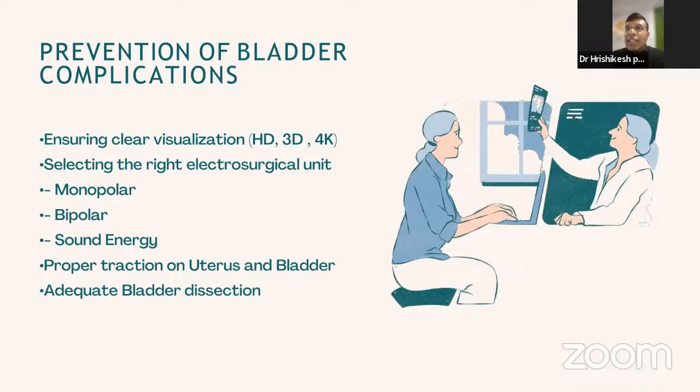Third thing is, while dissecting the bladder, the proper traction on the uterus and the bladder is the important thing. Fourth thing is adequate bladder dissection. That means when you visualize the bulge of the cervix, you still have to dissect the bladder for at least 0.5 to 1 centimeter, which is going to help your suturing also and avoid lateral spread damage to